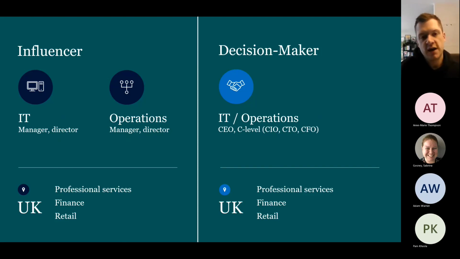But we identified also that whilst C-suite is the decision maker, we don't always engage with them first. We often find that actually it's difficult to do so. And actually, we're going to focus this campaign potentially on the influencer personas. So IT managers or IT directors might be more applicable and might be easier for us to get in front of. They are the ones who are actively researching and looking at options and looking to make sure that their business stays ahead of the curve. Or depending on the product, it might be their counterpart in operations as well.